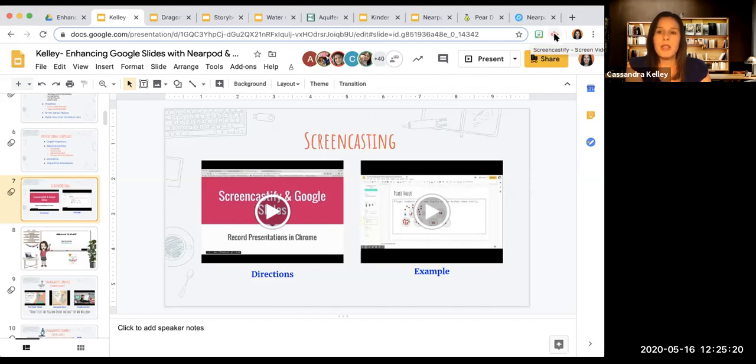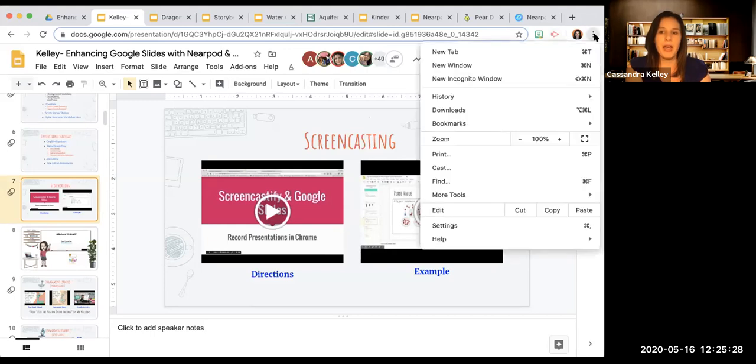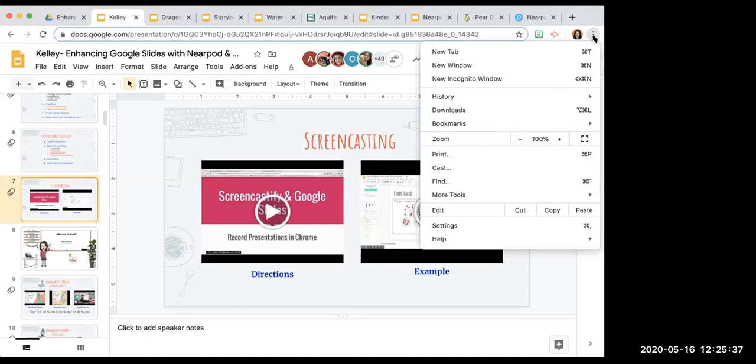If you look at my screen on my browser, in the upper right corner, this is the Screencastify video recorder extension. So what I did was I went to my Google settings, and you can find that by clicking on the little dots. Are you able to see my screen right now? I want to make sure I'm showing the right thing. Yes. Okay, great. So if I click on settings